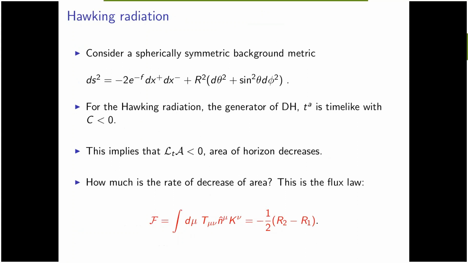One can also study Hawking radiation using dynamical black holes. One can show that when matter goes out, which means when there is a quantum process, radiation going out, if the generator of the marginally trapped tube is a time-like vector, then the black hole will decrease in size. So if t^a is time-like, then the area will decrease, and that kind of black hole can be used to study Hawking radiation. In that situation, we have found that